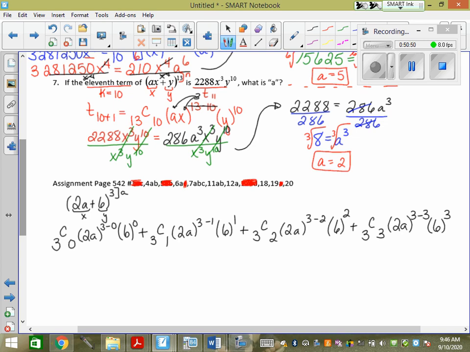So if they actually ask you to expand the whole thing by the binomial theorem, you'd have to find term 1, term 2, term 3, term 4, and I stop at term 4. Why did I put an A there? That's just strange. I have to stop at term 4 because it's always one more than the number n. So you start at 0 and you go till n. And you have to keep going, right? You wouldn't just stop here. That's for number 6. So please make sure you scrape out all the rest.